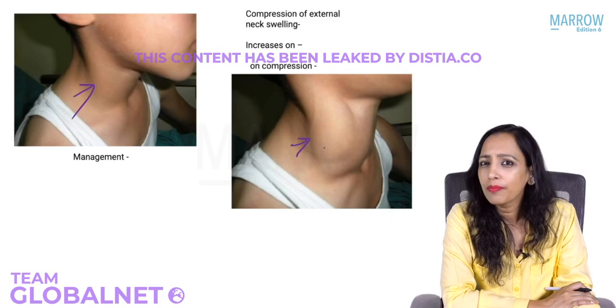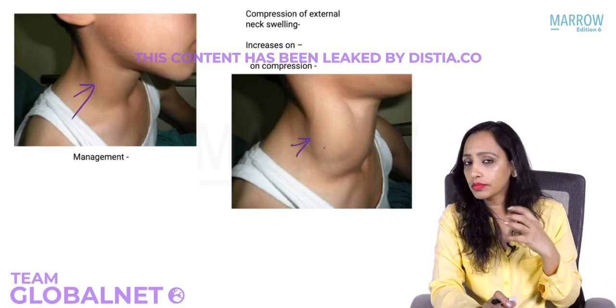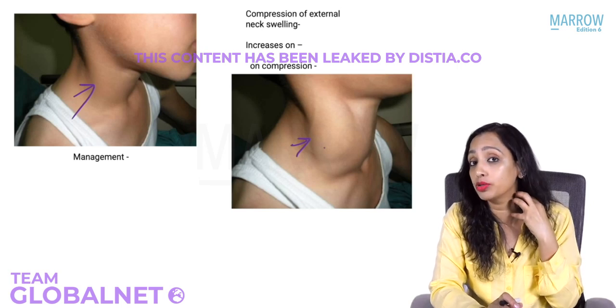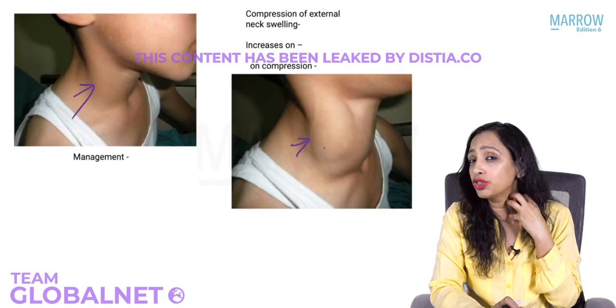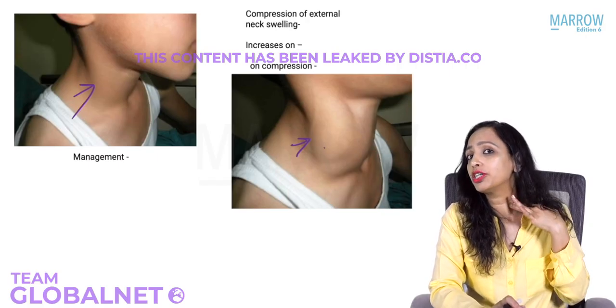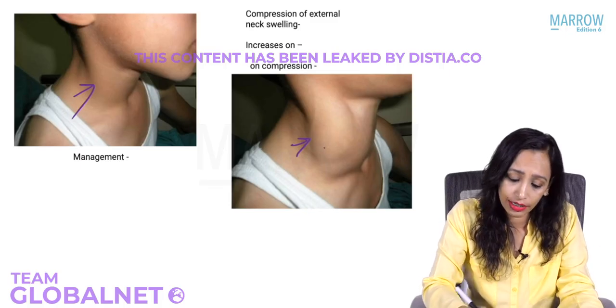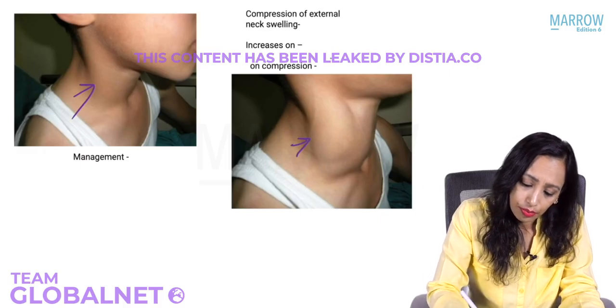You tell me, if there is a swelling of pharyngeal pouch, from the Killian's dehiscence, Zenker's diverticulum swelling here, how do you know that this swelling is a pharyngeal pouch? On palpation, there is gurgling sound. What is that known as? That is Boyce. That was known as Boyce sign.